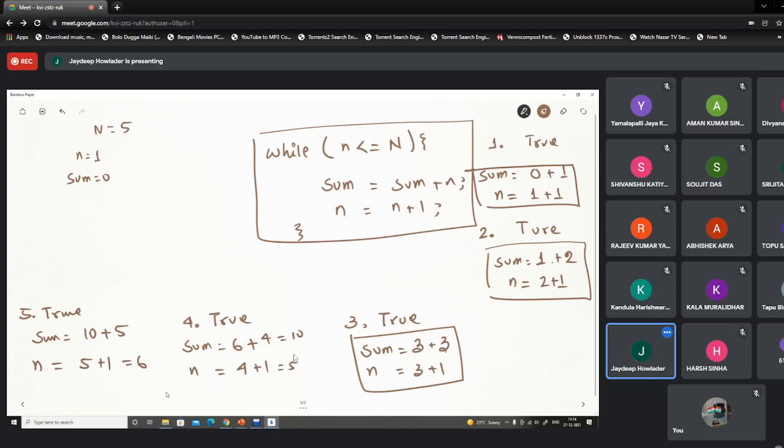Now at iteration number 6, the condition will be false, and nothing will be executed within the while loop, and finally we have the sum as 15, and that is my result.